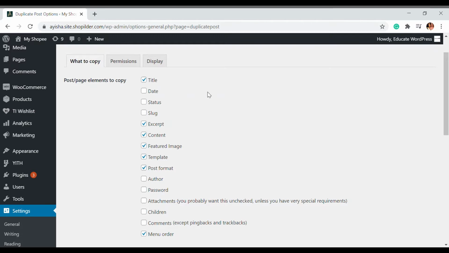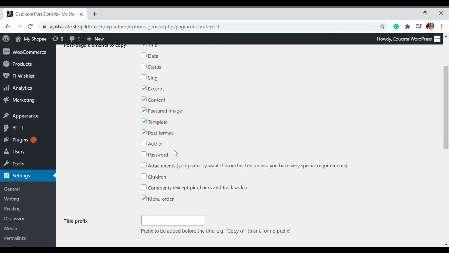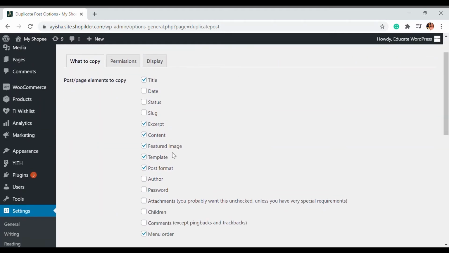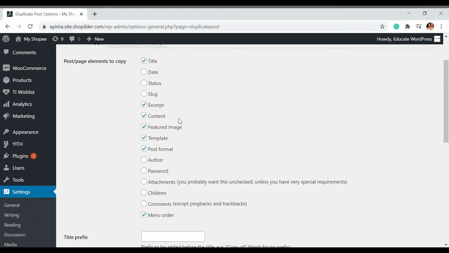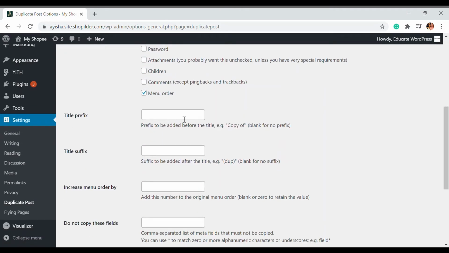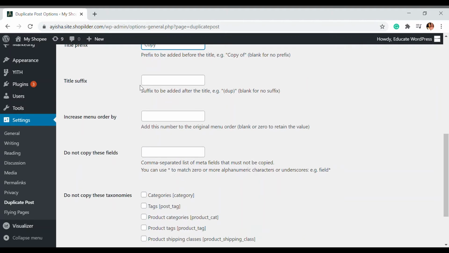That is title, date, status, slugs, excerpts, content, featured image, template, post format, everything, and all these things can be copied. So I'm just going to let it be, and also you can add a title prefix, like for example you can add a copy so that you know which is the cloned product or cloned page or post, and if you want to add, you can add a suffix as well.